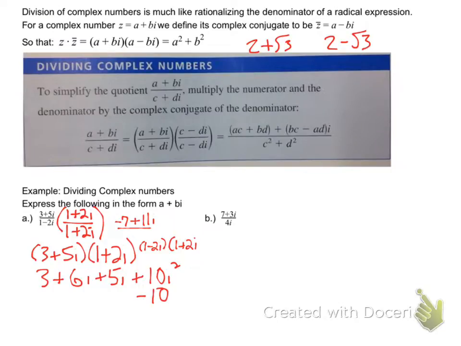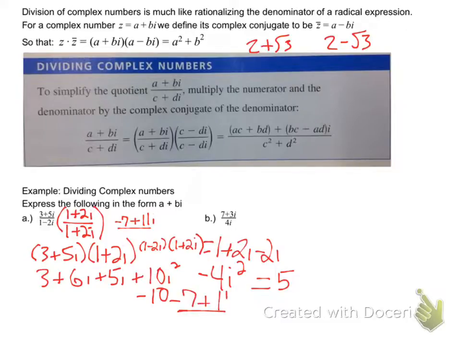There you go. Okay. And the answer to that is, okay, I'll go through it actually. 1 times 1 is 1. 1 times 2i is 2i. Minus 2i. And then 2i times 2i is 4i squared, or minus 4i squared. That becomes -1, and so that comes out to 5. And then the answer ends up being -7 plus 11i over 5, equals,